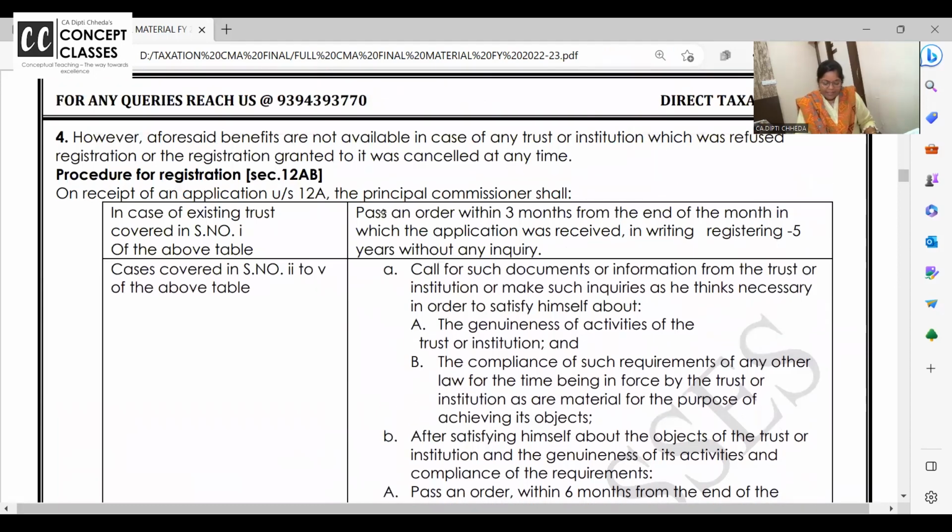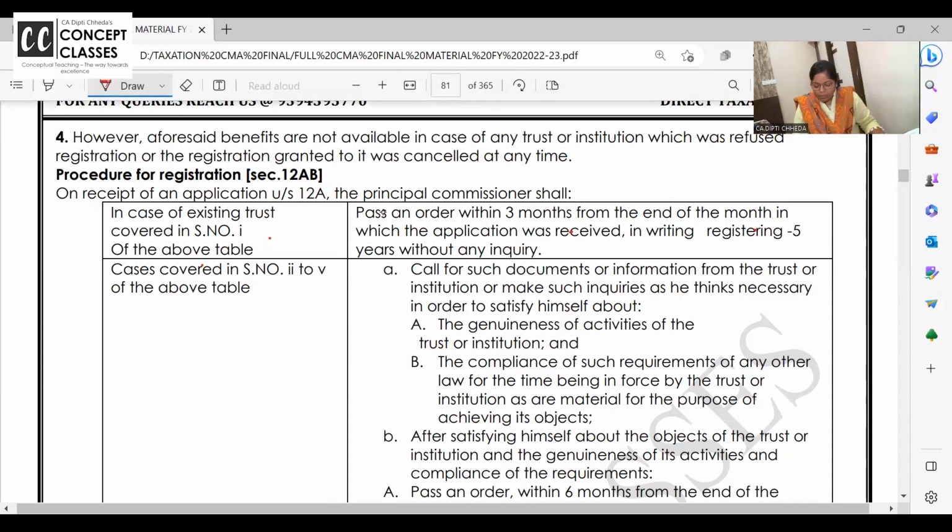In case of existing trust which is covered in serial 1, take a pause, don't go back, but can we orally recollect? Existing trust, from 1st April 21 within 3 months apply for re-registration, you will get the registration valid for 5 years. Pass an order within 3 months from the end of the month in which application was received in writing, registering for 5 years without any inquiry.